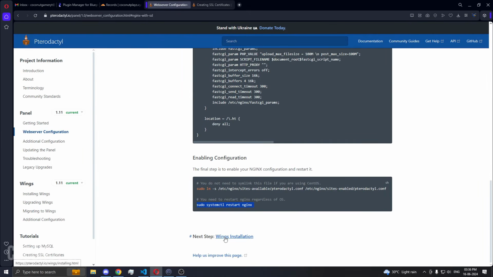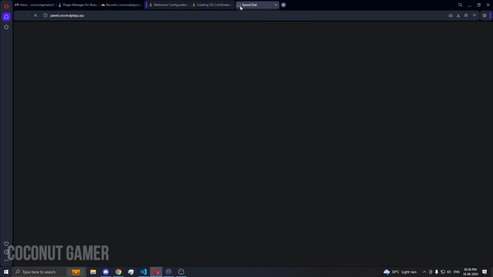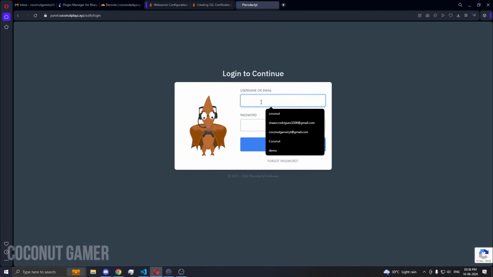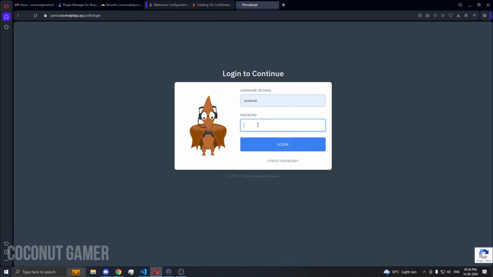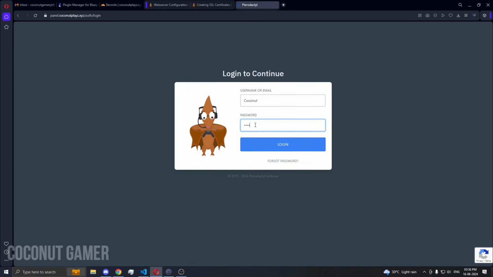So let's do the Wings installation. The panel installation is done, so we can just open it here and see. Okay, and the panel has loaded. So I'm just going to do Coconut. The C was capital when I did the setup, and the password which I put is